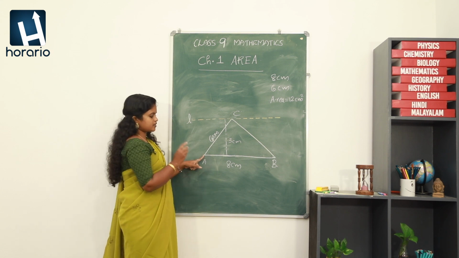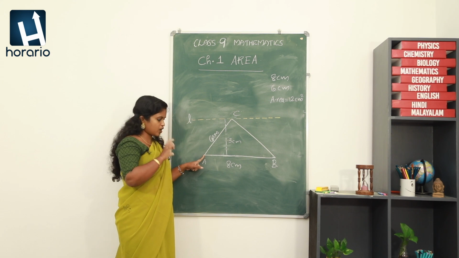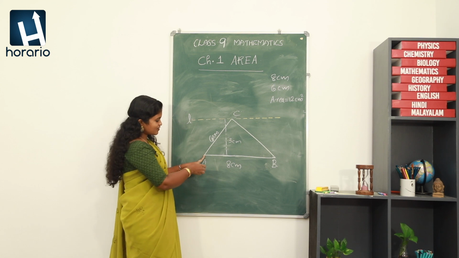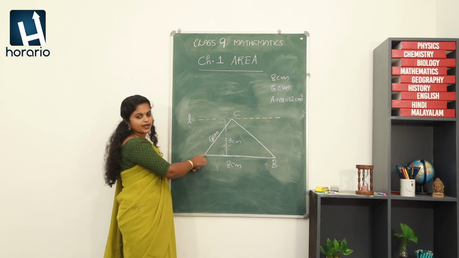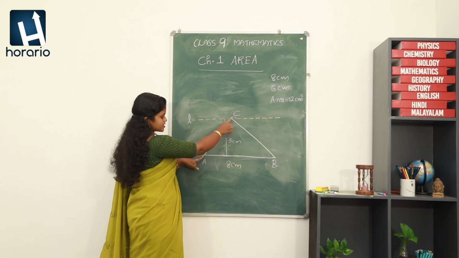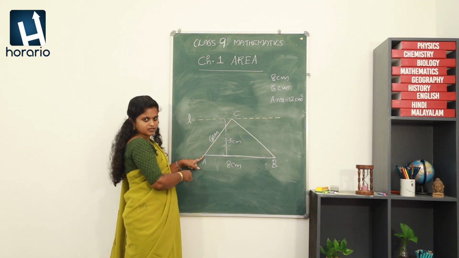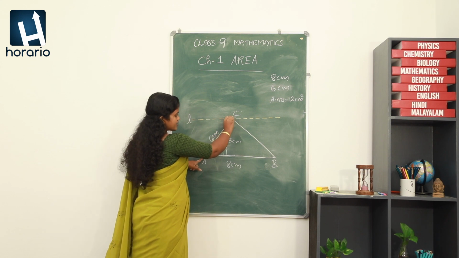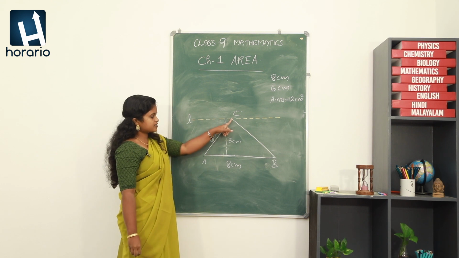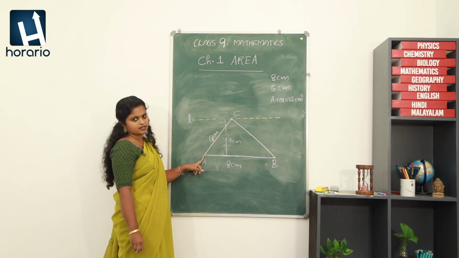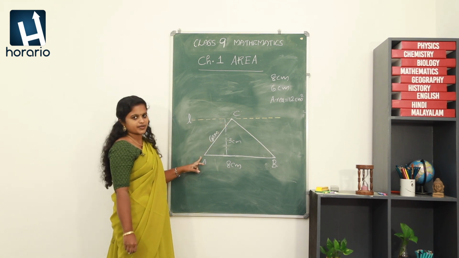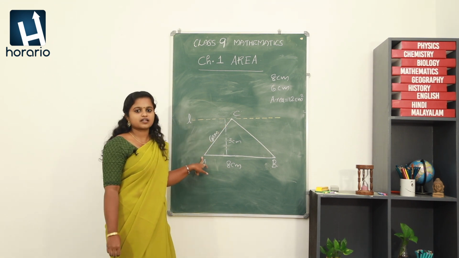And I am taking a compass. Now I don't have the compass, but you can try it in your notebook with the compass. What you have to do is that in the compass you have to fix the point A and you have to measure this 6 centimeter in the compass. So you will be getting the other end on this vertex C. Now what you have to do? You have to complete the circle having radius 6 centimeter. So we are going to draw a circle having 6 centimeter as radius. So try to draw that circle.